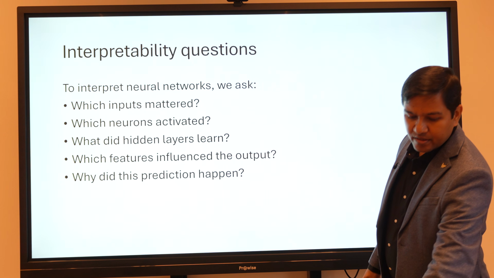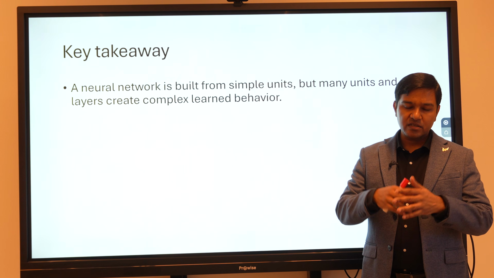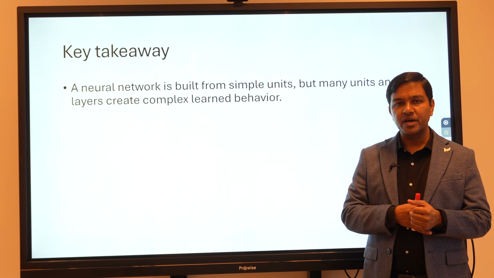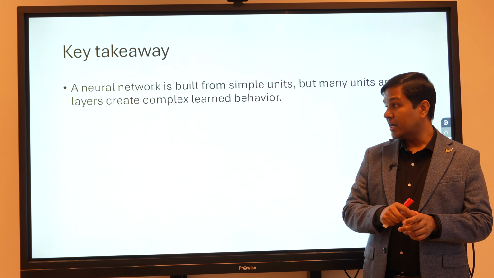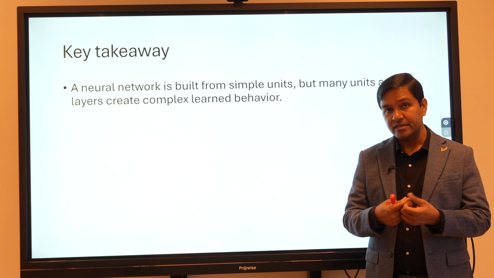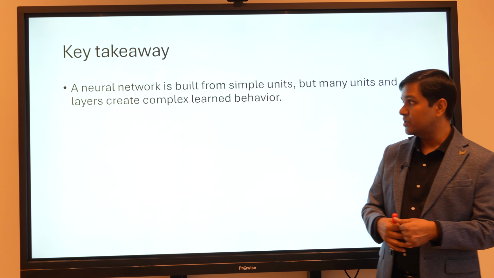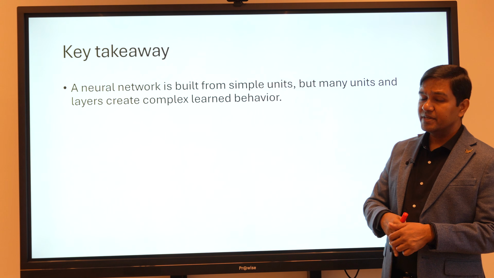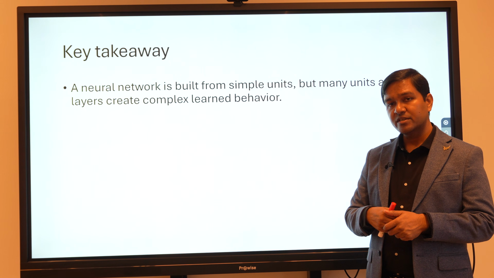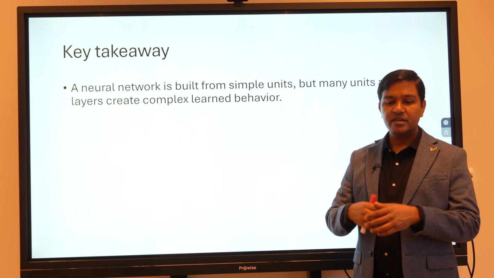So the takeaway of this session: we just learned neural networks in a simple way, how they are inspired by simple biology, what an artificial neuron is composed of, what weights are, what bias is, what hidden layers are, what nonlinear transformation is, and the neural equation of an artificial neural network. A neural network is basically a simple unit, and by combining many units we create layers, which learn complex information from the given data.